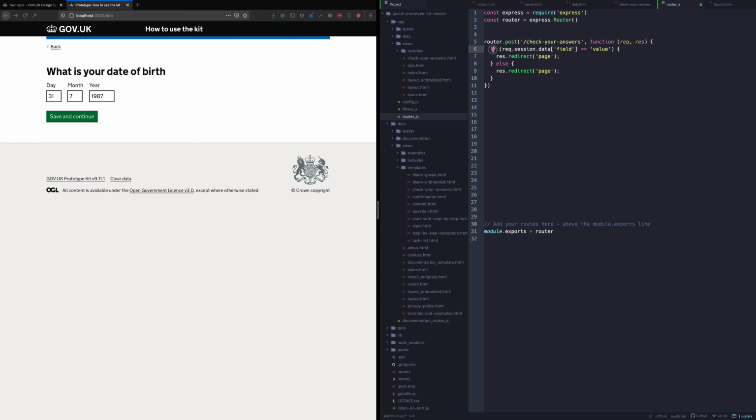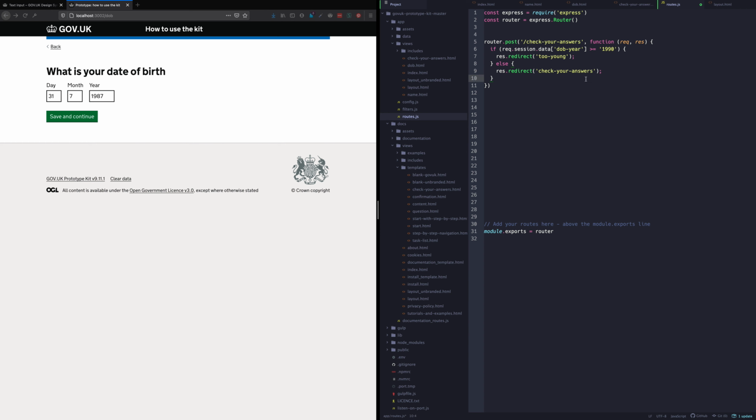And so it's saying if this session data, which we want to call DOB year, is equal to this value, which let's say 1990, I think I said before. So at the moment that's going to check if it is equal to 1990, but we want to say 1990 or greater. Then it should move on to this page that says you are too young, which doesn't exist yet. We'll make that in a second. Otherwise, it should continue with the journey that we already had. So if you put check your answers in there,